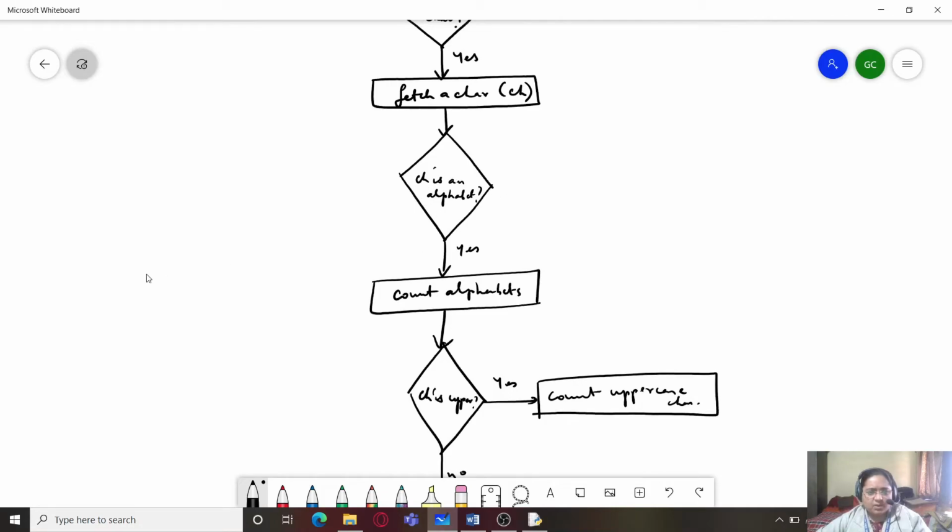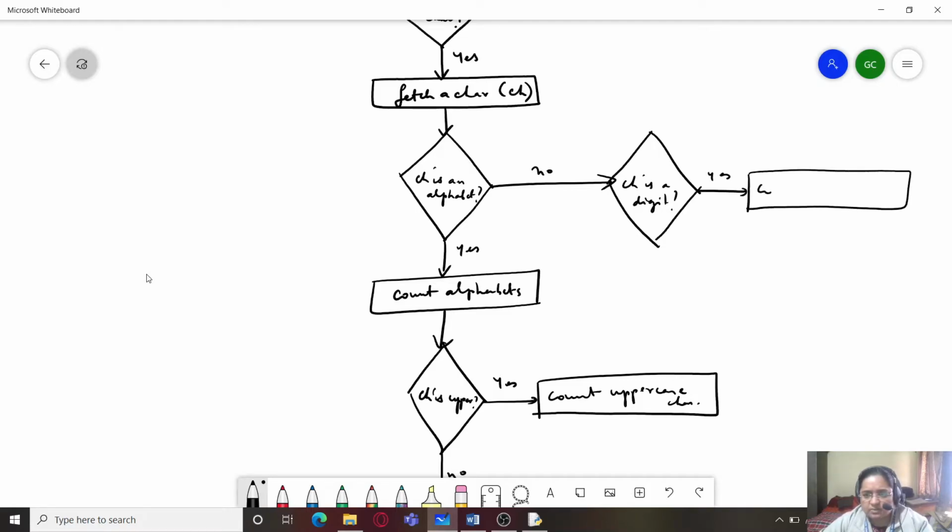So if it is not an alphabet, that means it is a digit or a special symbol. So we will be moving to the next part, and here we will be checking: ch is a digit, because we have to specifically count digits now. If it is yes, count digits, and if it is no, we are not going to do anything over here.